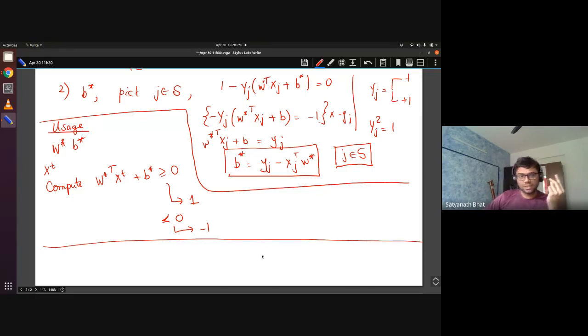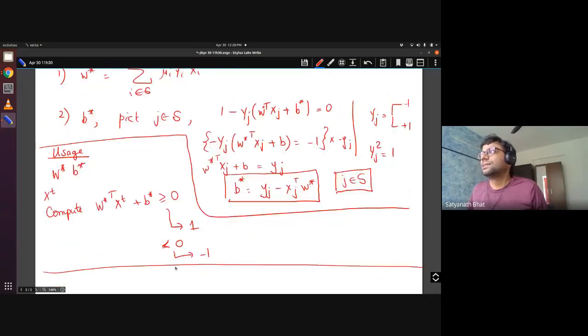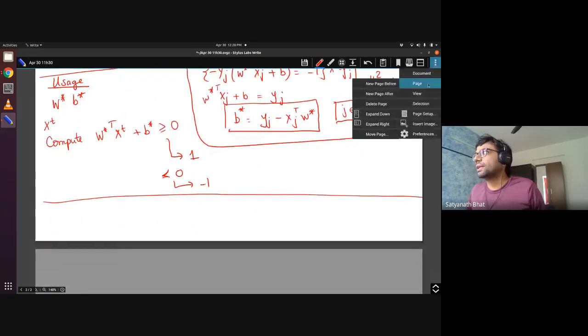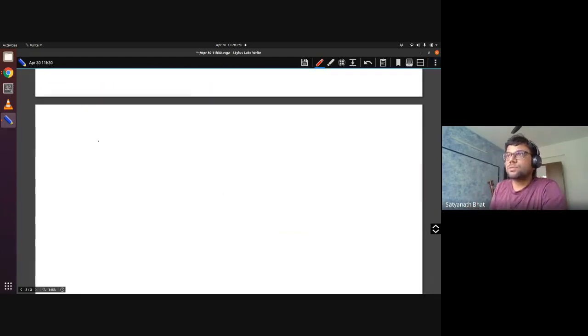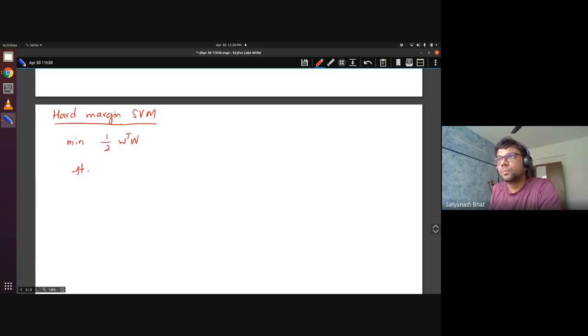So there are two things that we still need to talk about. Let me talk about one of them briefly, and then tomorrow we will continue. In the primal SVM, the first thing that we discussed was hard margin SVM. This works only for linearly separable data. So I will look at half W transpose W subject to yi times W transpose xi plus B greater than or equal to 1. This is what we said is a hard margin SVM.